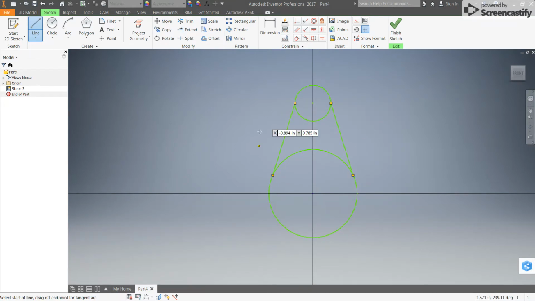So the outside shape looks something like this, and I'm going to go ahead and trim out the pieces on the inside. Now I'm going to add some geometric constraints to make it look a little bit better so that these lines are nice and smooth. You see how there's kind of a jog between this curve and the line? I'm going to use a tangent constraint